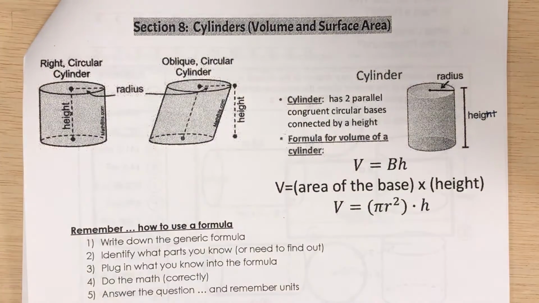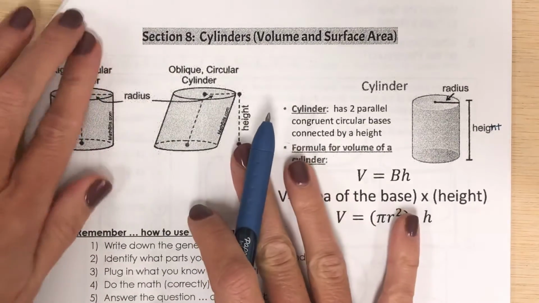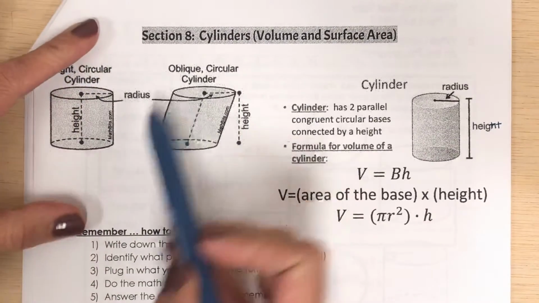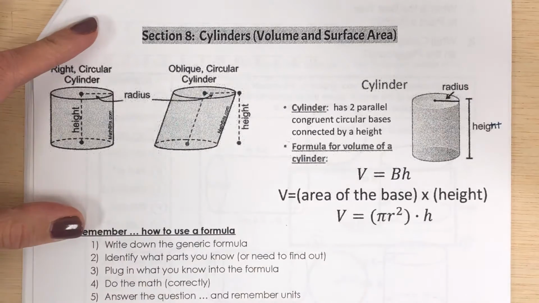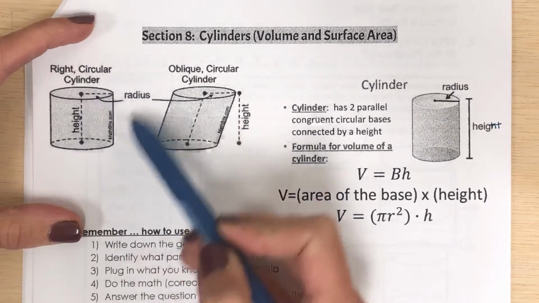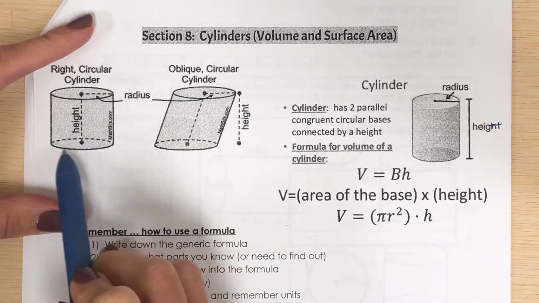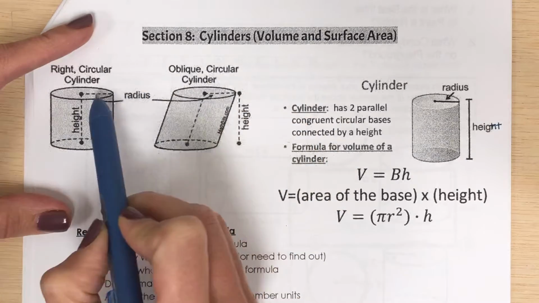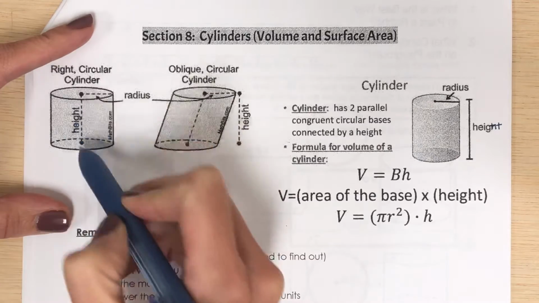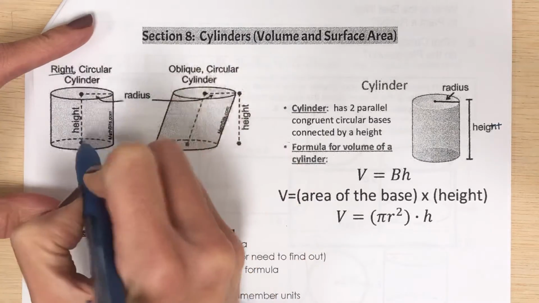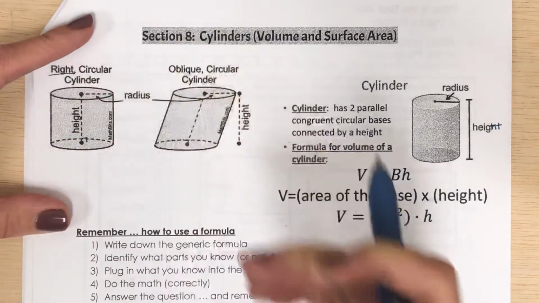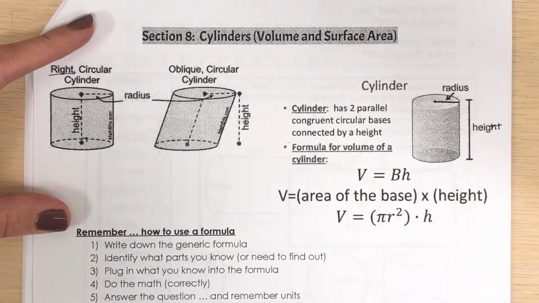Right, we're going to be talking about cylinders, finding the volume and the surface area of a cylinder. So first of all, there are two types of cylinders that we're going to be working with. We're mainly going to be working with a right circular cylinder, which has a base that is a circle, and the height is at a right angle to the base. So it looks like just a regular cylinder, like a can of food that you would get at